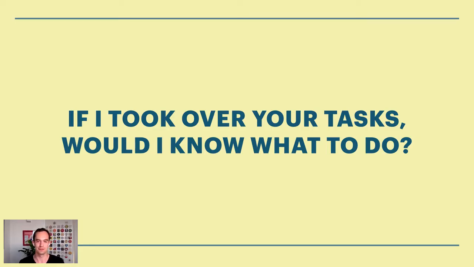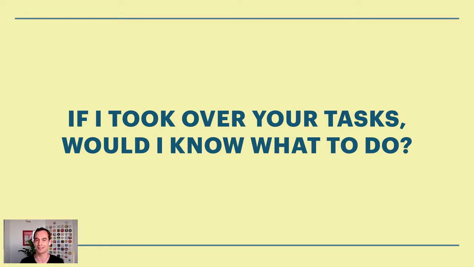Here's one way to think about it. If I'm taking over your tasks, you send me your list of tasks from your task manager, I'm looking at it, would I know what to do? Or would I be like, I don't know what this means. I don't know what this refers to. So try and get to that level of specificity in writing your tasks. And the same is pretty much true for the areas or folders, right? And the project names. Project names are also very important that you be very specific, concise, precise. So if I took over your tasks, would I know what to do? If not, get more specific. That's a really good way to think about it.